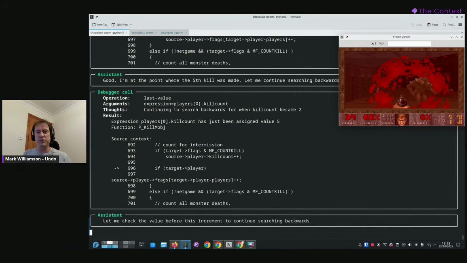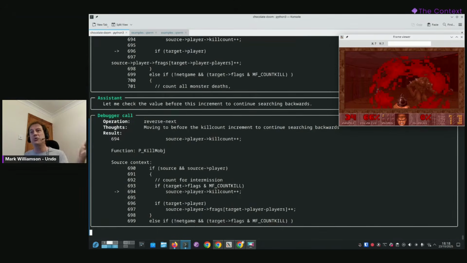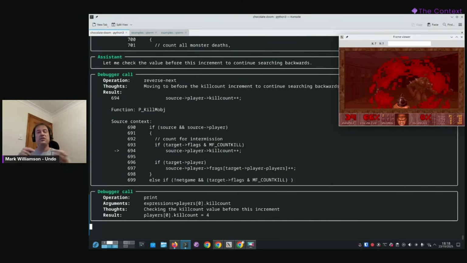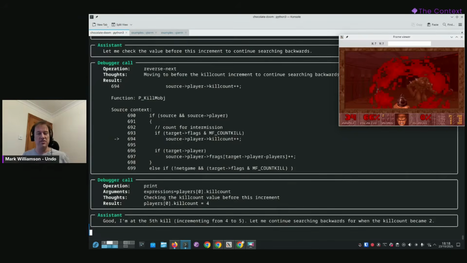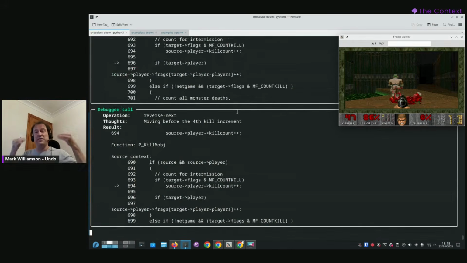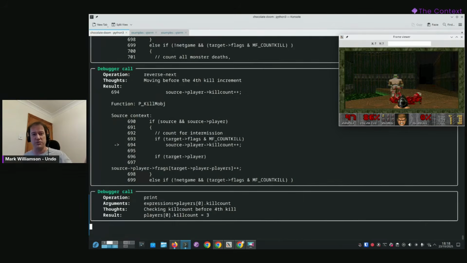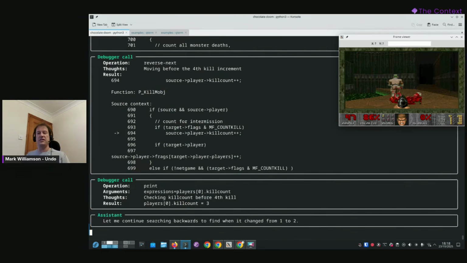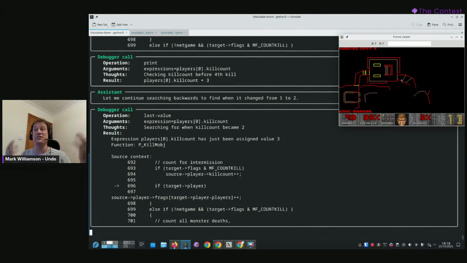And what you can see happening on the top right is as it moves back and forwards within the machine instruction precise recording we've given it, we're going to see that frame update, and we're going to see its reasoning appear on the screen. So you can see here it is now working backwards. It's found this variable, players element 0.kill count, which I didn't have to tell it about. And it's now using that to iterate backwards in time, saying, okay, when was the kill count last incremented, one at a time, until it finds the point where the second zombie was killed, as I asked for. You can see we're back at the point where I got stuck in the menu now.